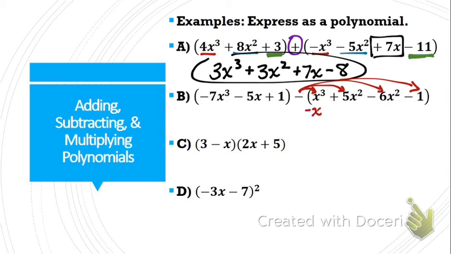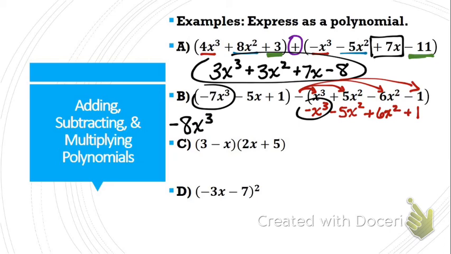So I'm going to have a negative x cubed minus 5x squared plus 6x squared plus 1. Now we're going to combine anything that is alike. I've got negative 7x cubed and negative x cubed. So that would be